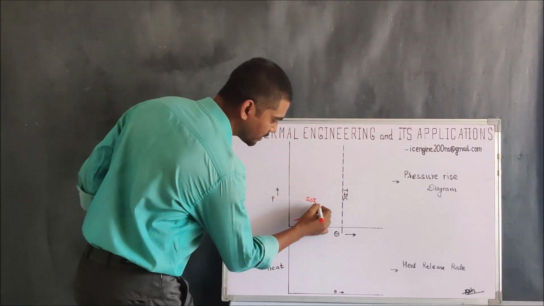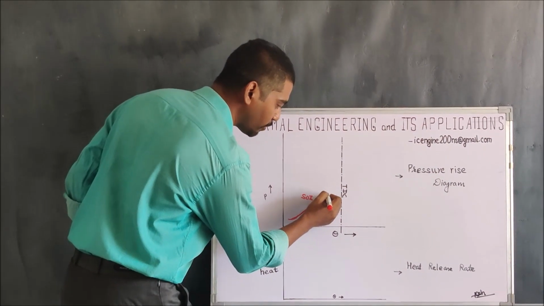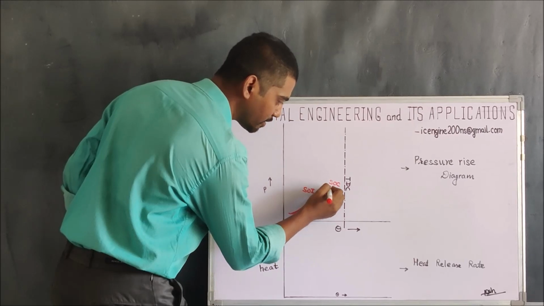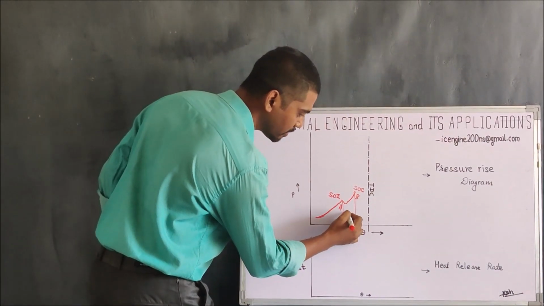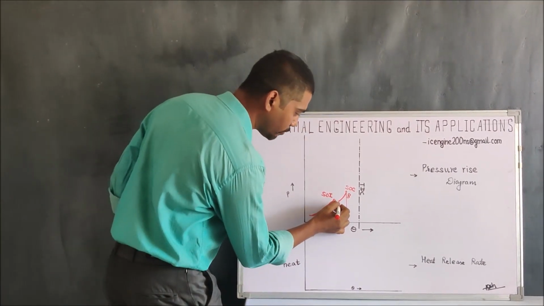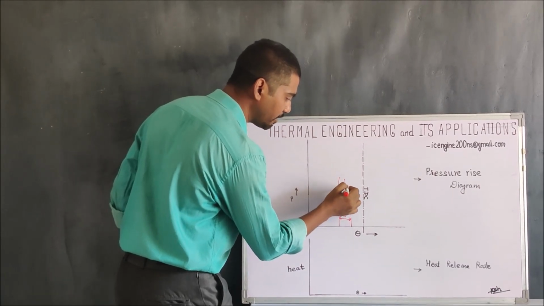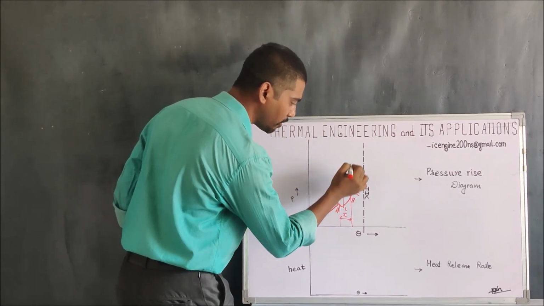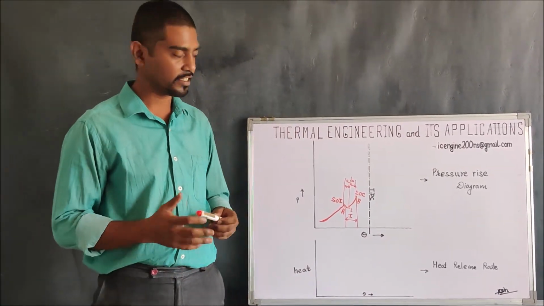Now we have already discussed how the pressure variation happens in the case of the ignition delay, so let us not discuss that right now. Here is the point of start of combustion, the point at which combustion will be starting. This is called the first stage of combustion, also called the ignition delay. It is subdivided into two parts. From point A to point 1 is physical delay, and from point 1 to point B is chemical delay. So let us call those small a and small b. This physical delay we have already studied in detail.